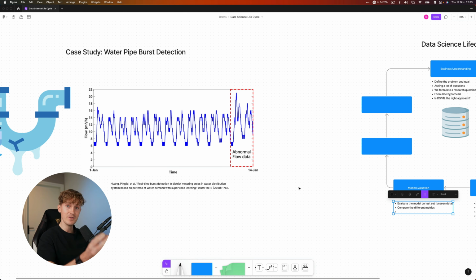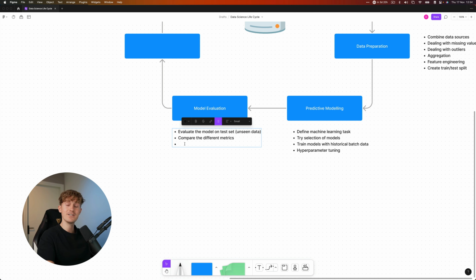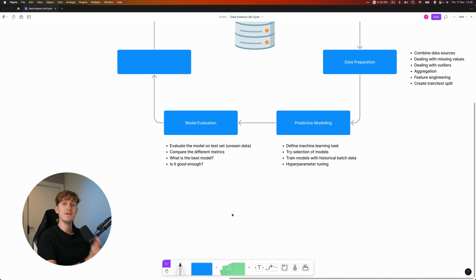So as you can tell, you really have to come back to the business understanding and the problem of the situation that you're dealing with. And maybe a bad model can achieve better results than the current situation. And it's still practical. So basically the question here is, what is the best model? And is it good enough? And a bad model can really be a great starting point to start out with and continue to develop and improve over time. Now, if the model is good enough, then we can continue to the next phase, which is